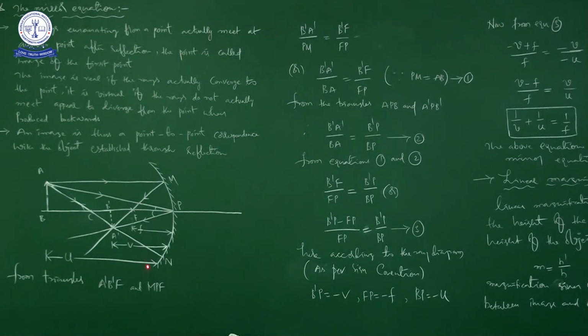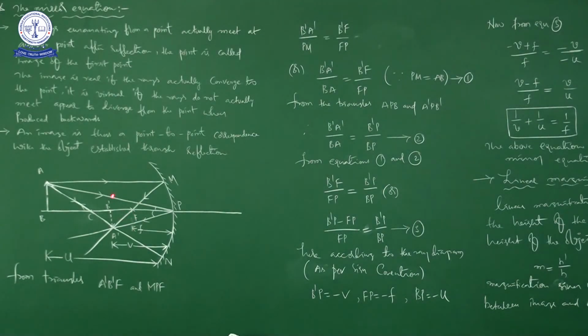So in our last classes I explained what is object distance, what is image distance, what is focal length. Object distance is nothing but the distance of the object from the pole. Image distance is nothing but the distance of the image from the pole. Similarly, focal length is nothing but the distance of the focus from the pole. Okay, right. Now if you observe this ray diagram, you can observe certain pairs of triangles. Out of those pairs, one pair is A dash B dash F and MPF,